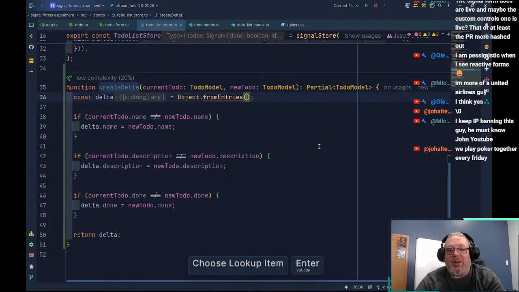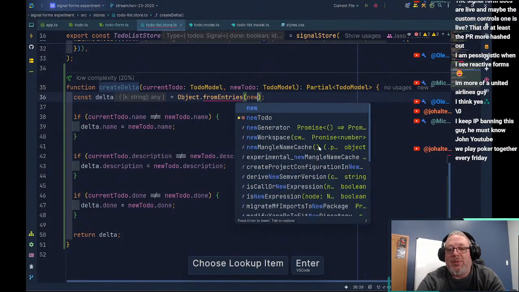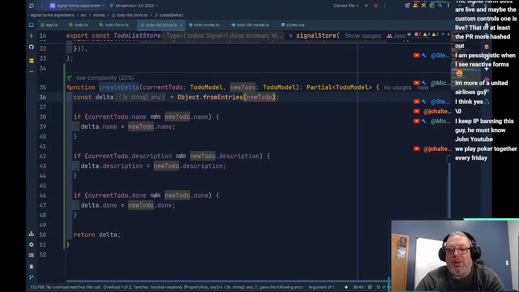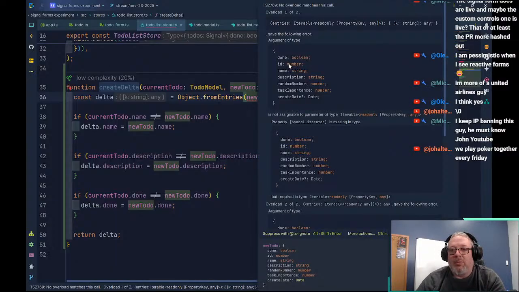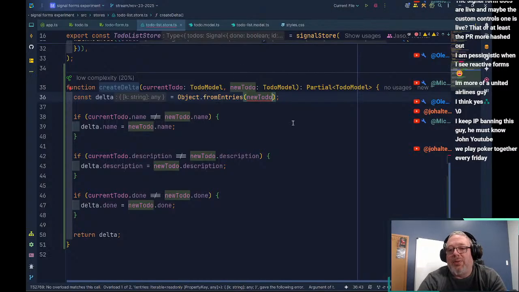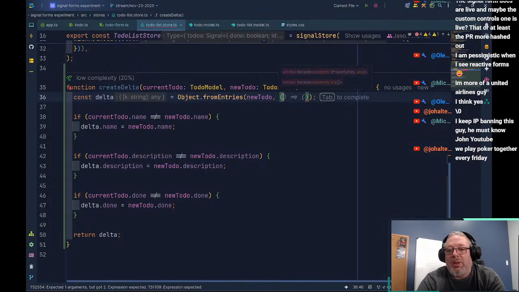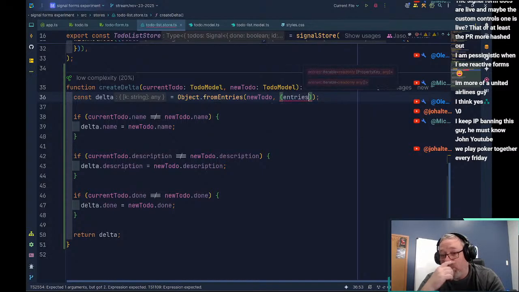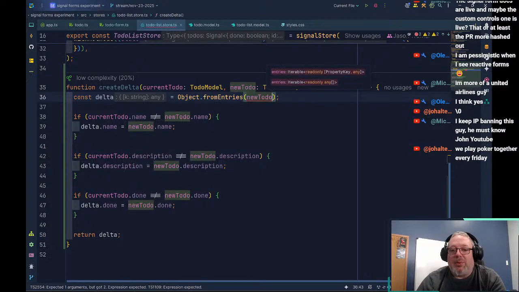So we can do object.fromEntries and we can say, hey, new to do. And now we need to reduce it, right? We can say entries. So array.reduce. Oh, no, that's not what I want.